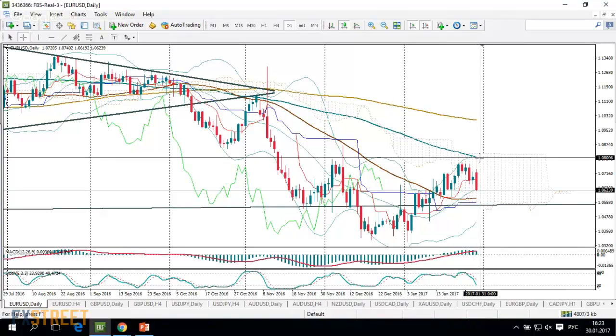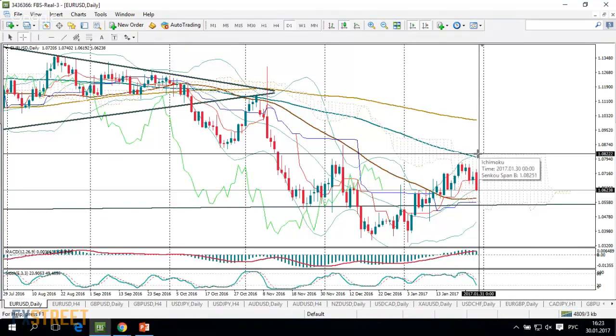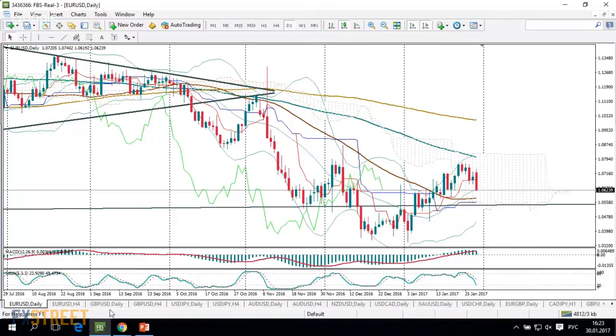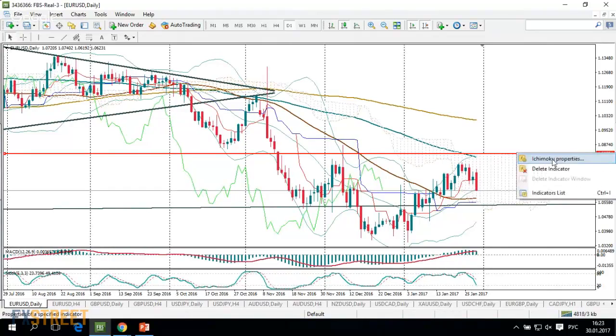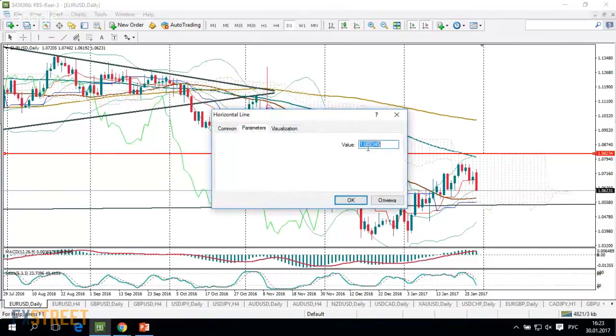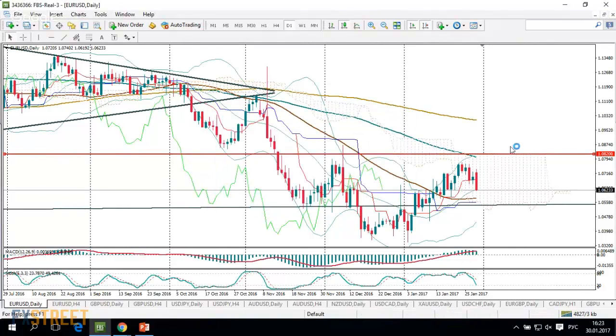They are located in the 108, 108.20 area, but I still recommend to memorize these levels in case we see some reversal, and to understand that these are the levels which would be very difficult for the euro to break during this week and even later. So this is the source of the